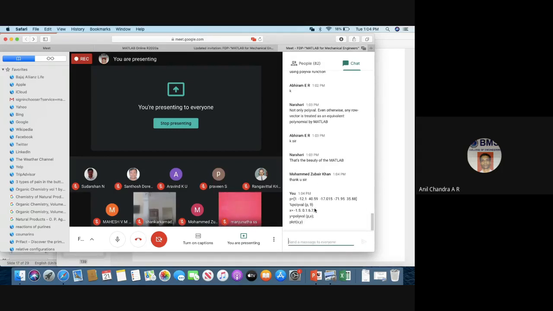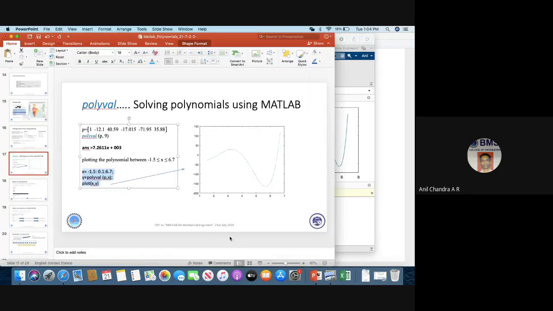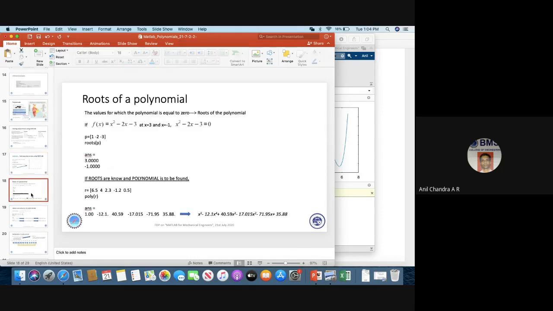You can explore the step size here, the kind of plot you want, the color, the markers, and so on. I'll give you a minute. I have purposefully commented this line because I don't want it to solve only for 9. Hope people are getting it. Just copy paste that.